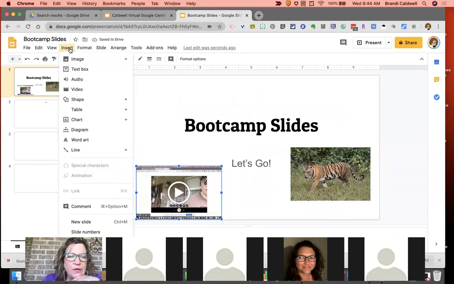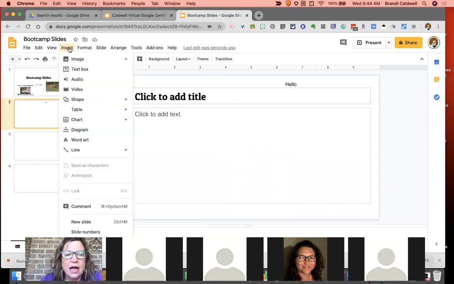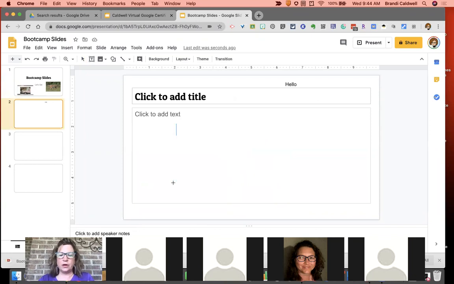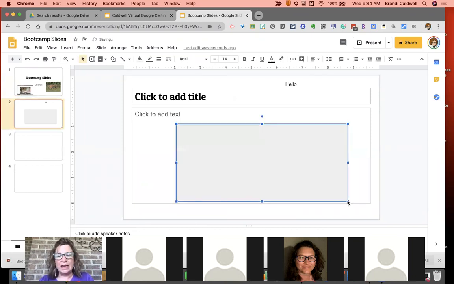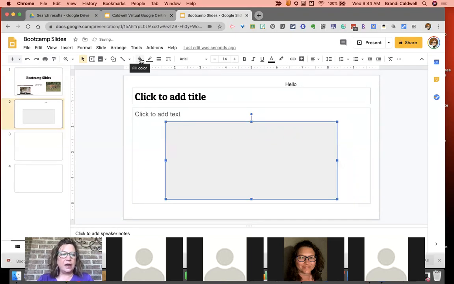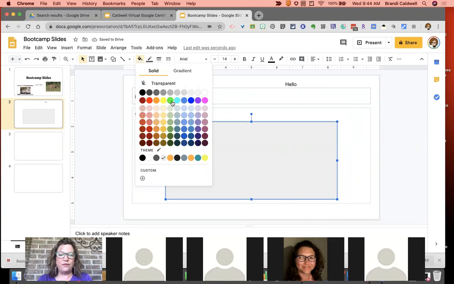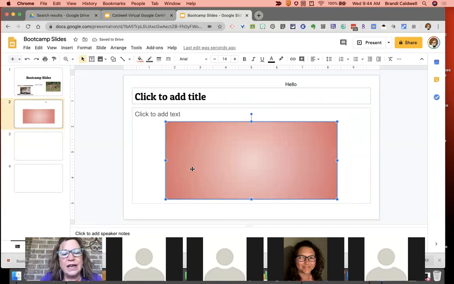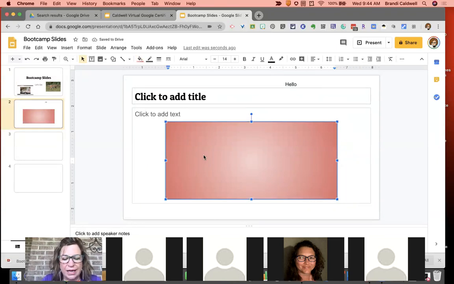All right, so that is insert a video. You can insert a shape. I'm gonna go to a clean slide. This is something you see a lot of on people's different slide templates that they create. They add a shape like a rectangle. And then up here, you can use your paint bucket and you can fill that with a particular color or even a gradient to make it look a little fancy. And then anytime you have a shape like this, if you double click in that shape, it automatically lets you put text in it. So here I can put text,